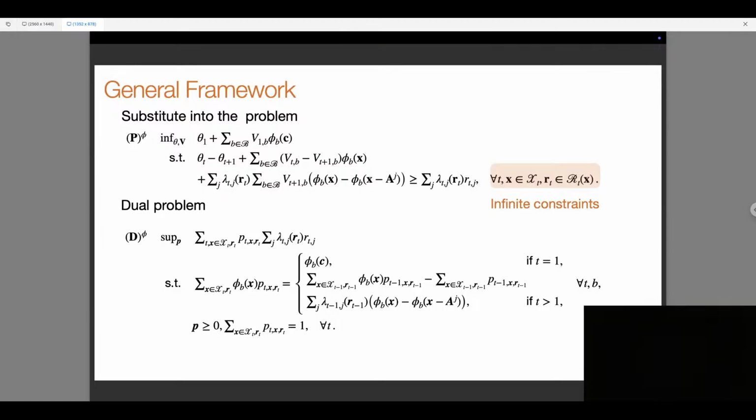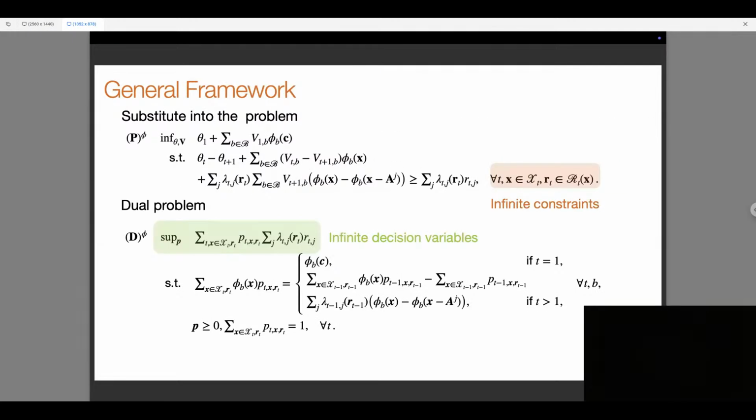So one technique is that we first find its dual problem, the D-phi function here. Since the primal problem has infinite constraints, the dual problem has infinite decision variables,